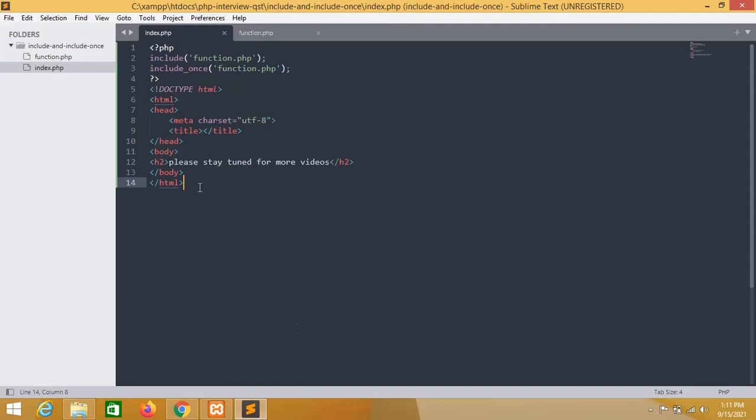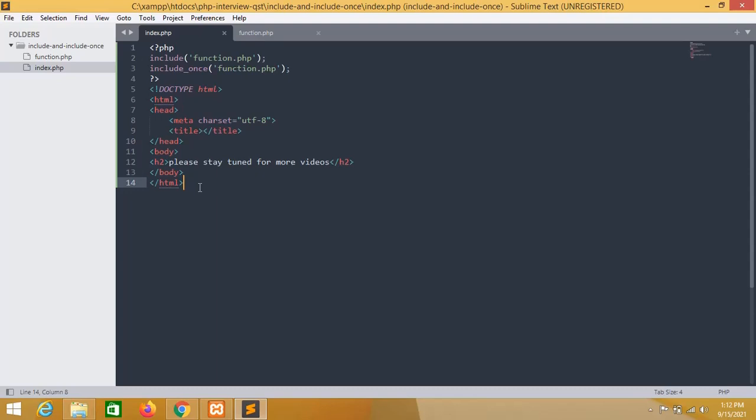Okay, let me explain one more. Basically, the include function includes one file into another file, and it may include it multiple times. So suppose our file contains a lot of functions and classes, in this case an error might appear like functions redeclared or classes redefined, something like that.